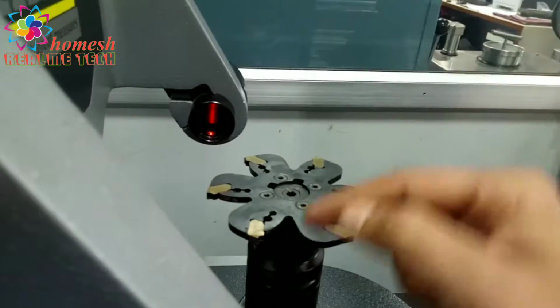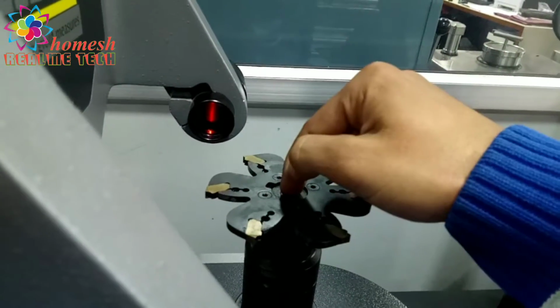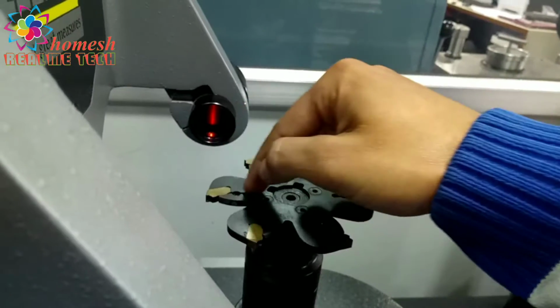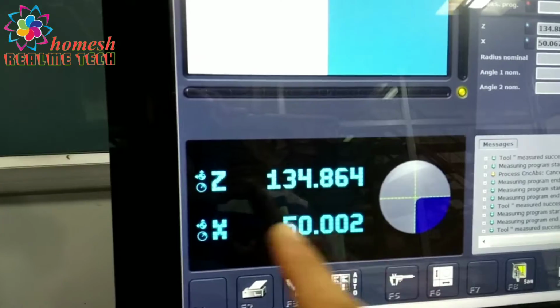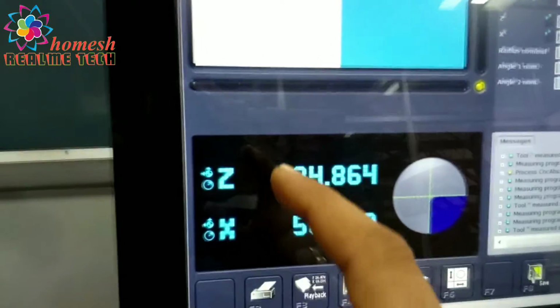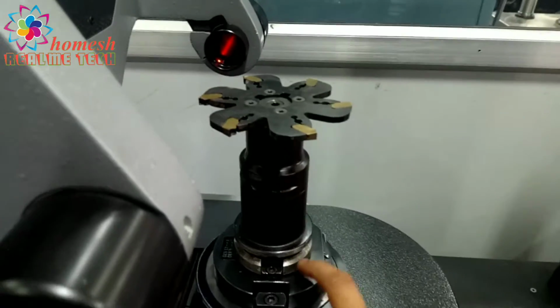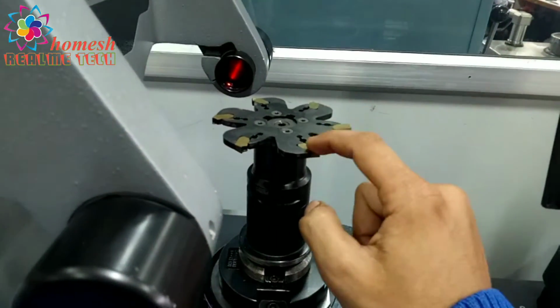And you can see this is the radius from here to here, 50 mm. This is the radius as it is showing on the screen. This is 50 mm radius, and the height Z from here to here, this is the